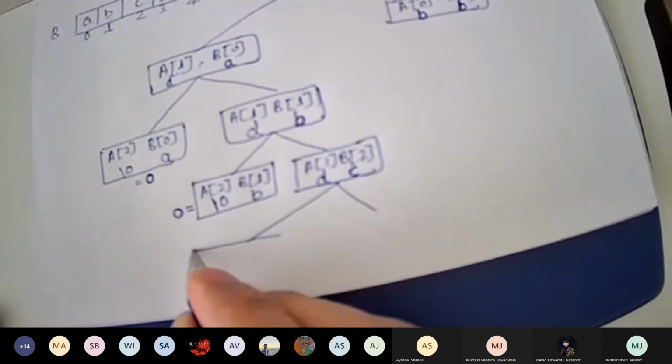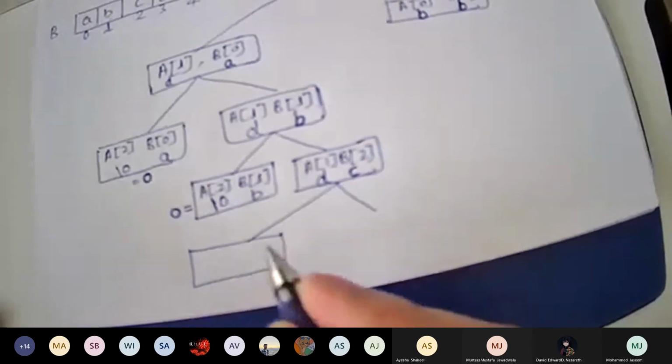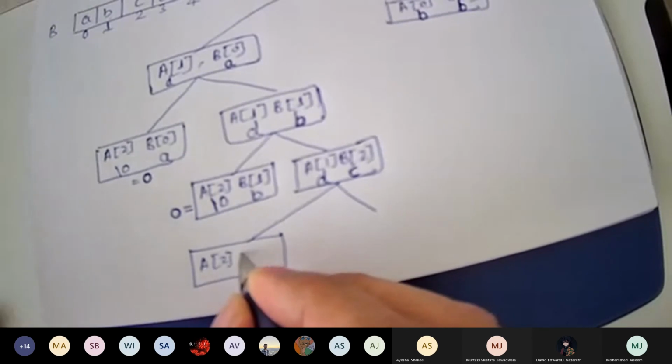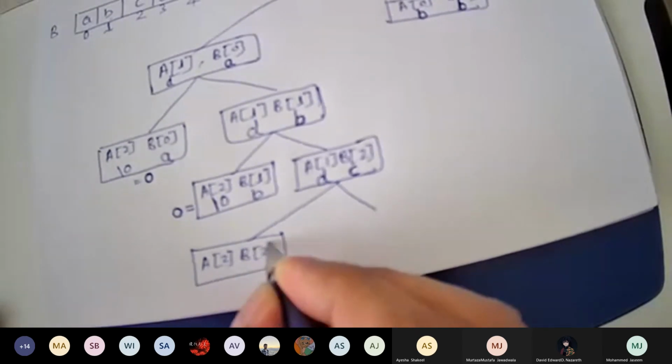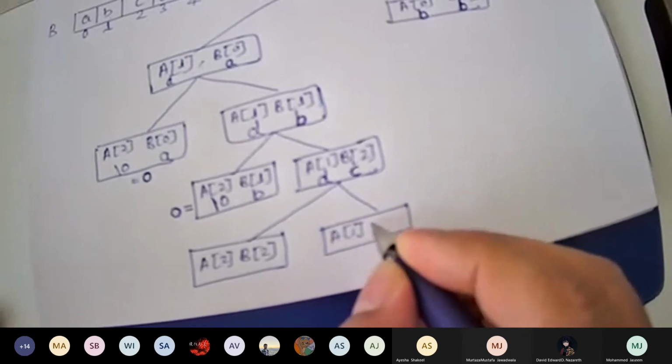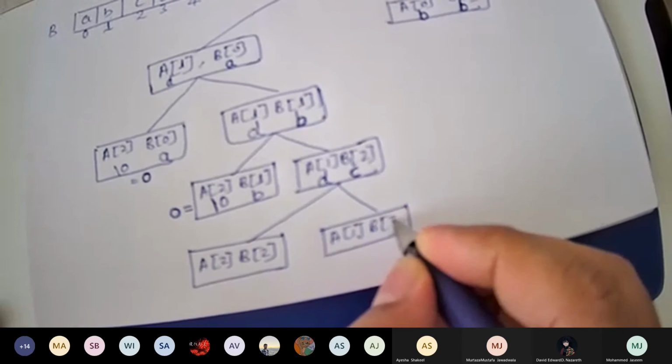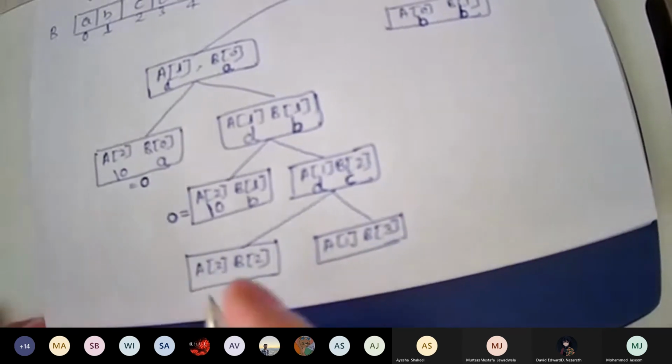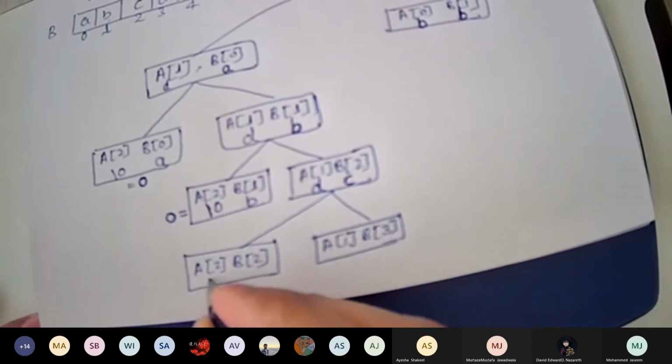So what will be the first part? I value will be increased, J value will be the same. And in the second part, I value will be the same and J value will be increased. What is the value of A2?